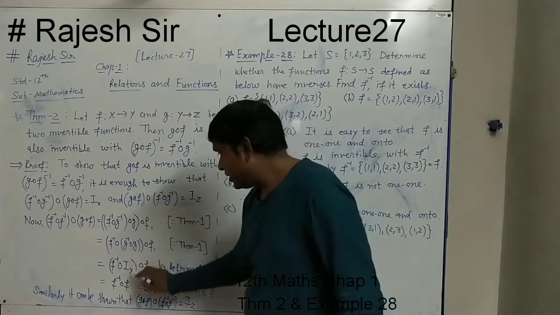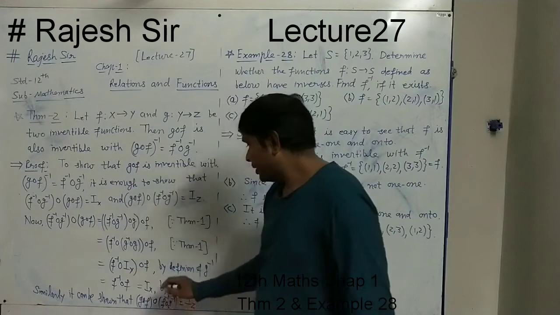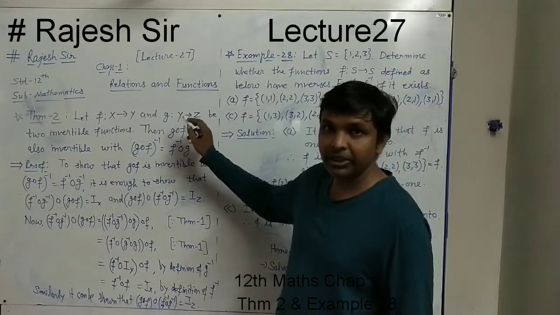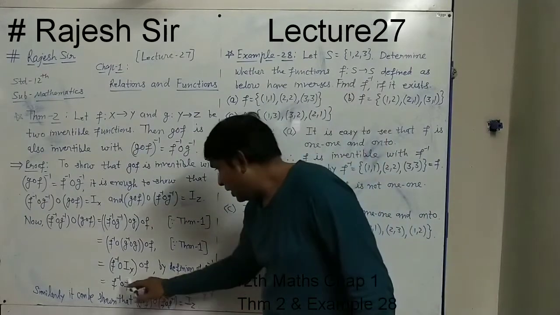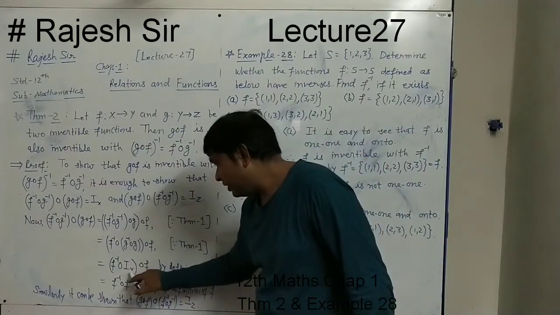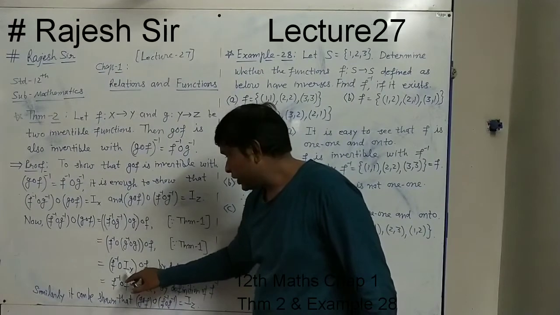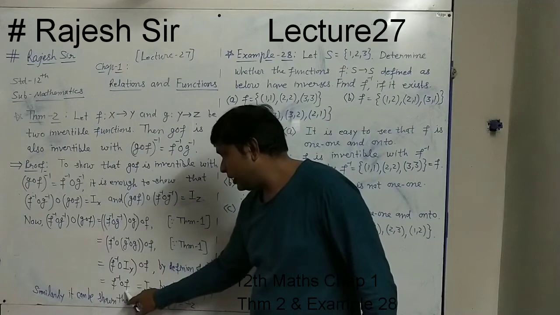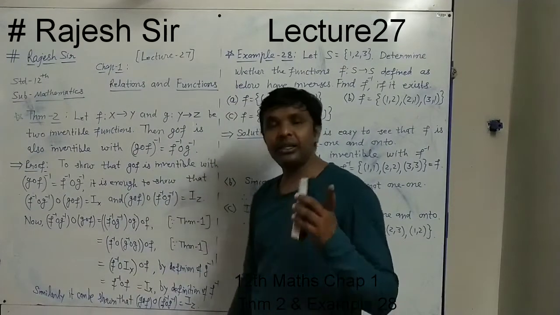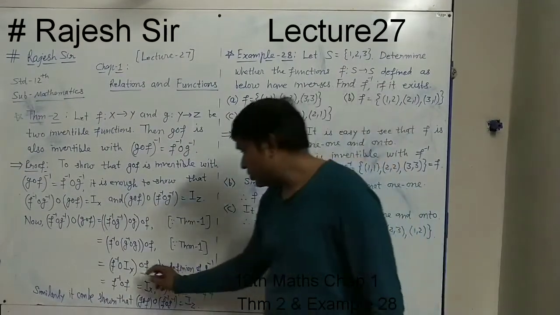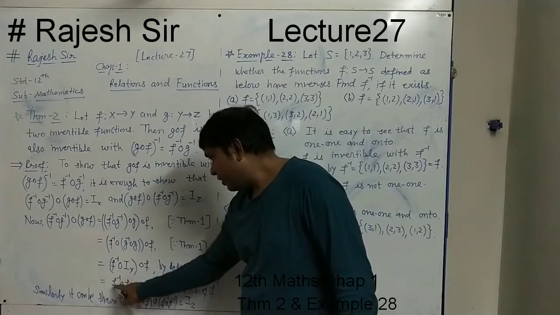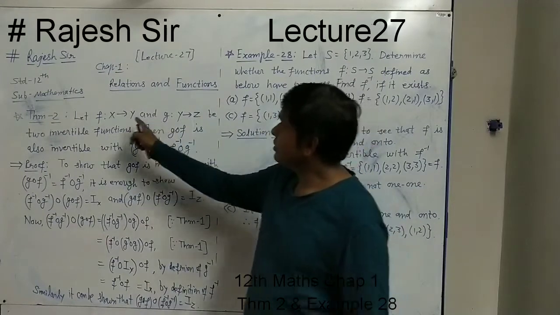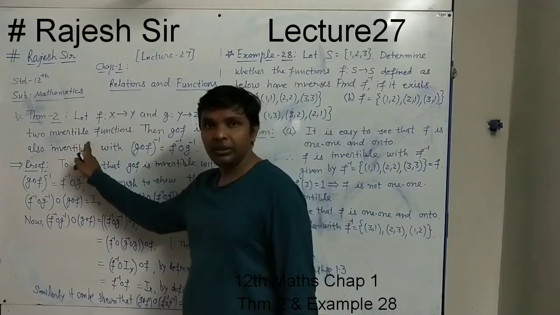Why can g inverse of g be written as Iy? By the definition of g inverse, as given in the theorem statement that g is invertible. Now Iy is the identity function, so it acts as a unit function. So f inverse of f will remain only, because the identity function is considered a unit. Now we have f inverse of f, and in the statement f is also invertible here.